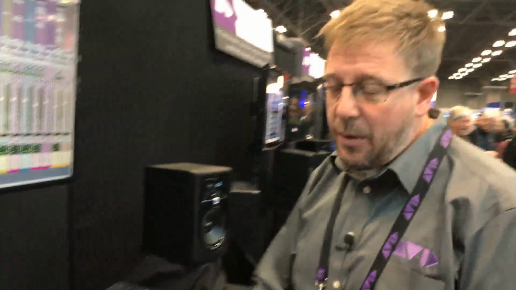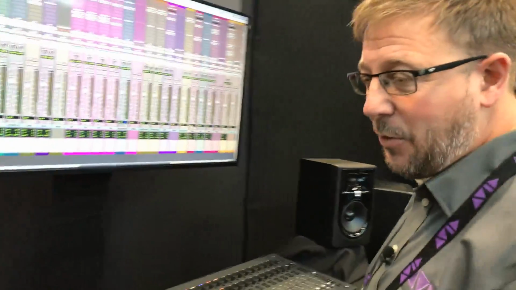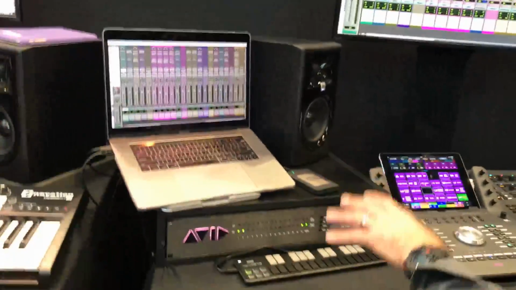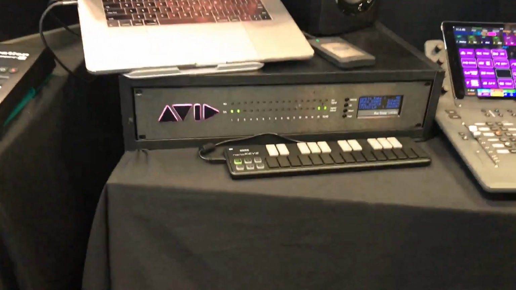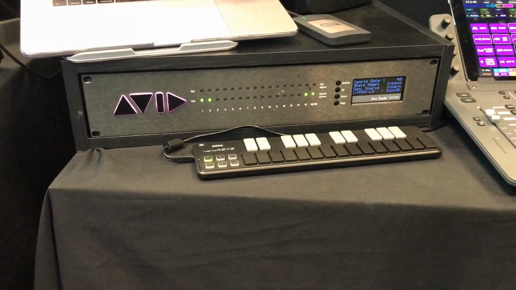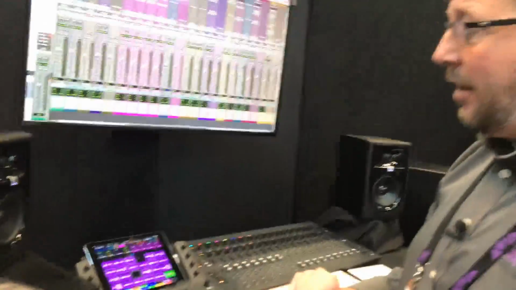And then finally over here we've got the audio interface side of things. So we've got the Matrix. This is our modular audio interface. First of all, it sounds amazing. So these are the best converters that you can get. We're using by amazing engineers like Frank Filippetti and Mick Guzauski. We've got some amazing reviews for the sound quality of this. Secondly, it's modular, so you can get all the different modules. You can get analog